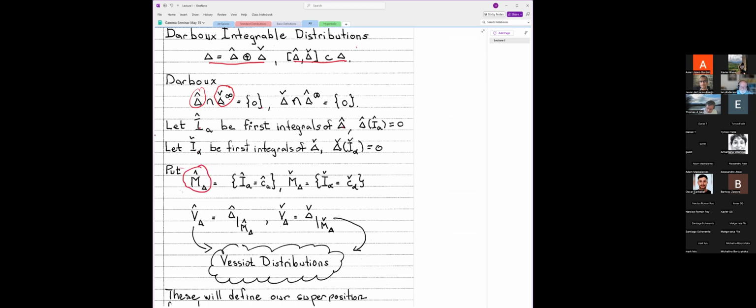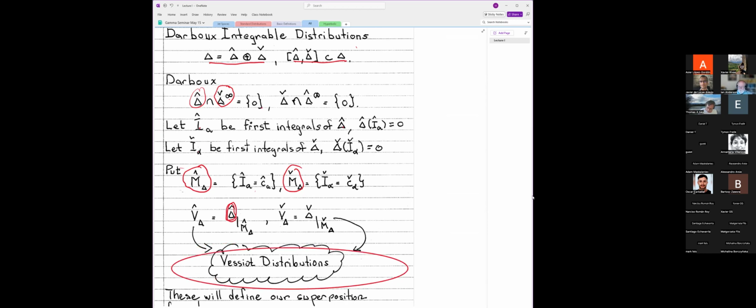Here are the manifolds that I want to construct. I'm going to start with my original manifold M, but I'm going to look at the submanifold defined by the level sets of this first integral. I'm going to look at another submanifold defined by the level sets of the other intermediate integrals or first integrals. Now, I'm going to restrict the characteristic distribution delta hat to its first integrals, and then